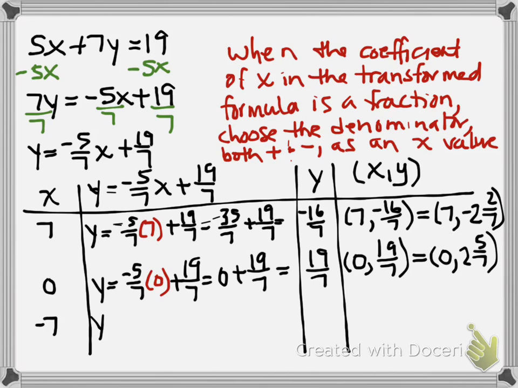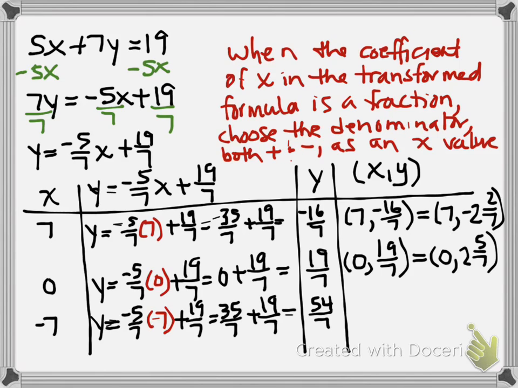And then last one, we'd have negative 5/7, and then we're going to multiply it by our last choice, negative 7. And we're going to add 19/7. So again, because of the fractions, I'm just going to multiply by negative 7 over 1. So two negatives make a positive. 5 times 7 is 35. So I get 35/7 plus 19/7. And that's going to give me